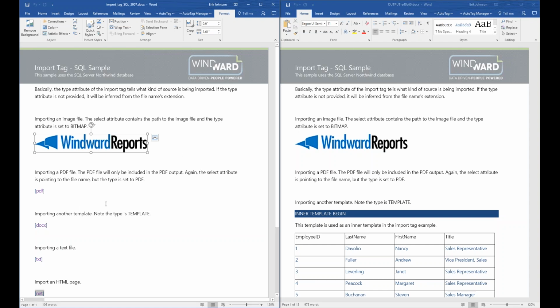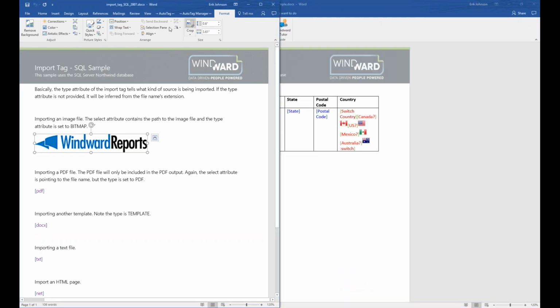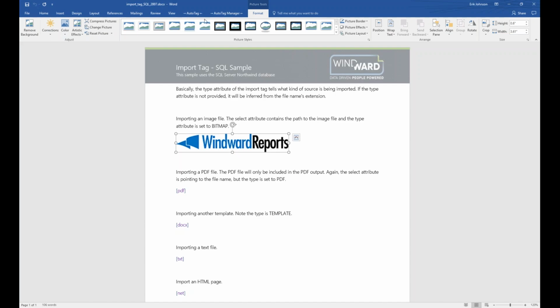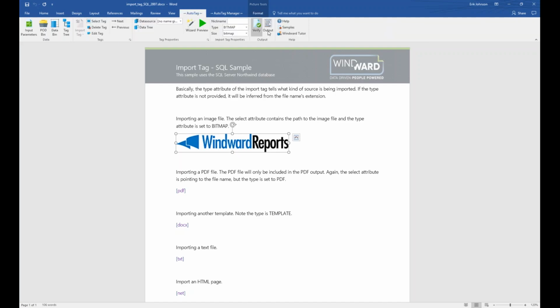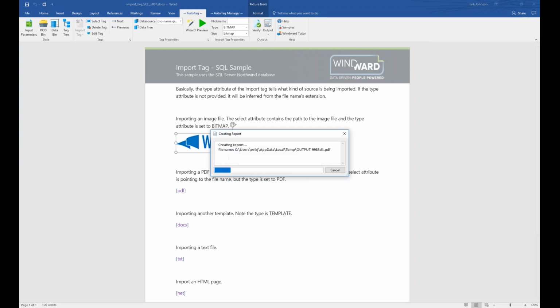You may have noticed that there's no additional content right here for the PDF input. And that's not because there isn't anything to input. The only way you can import PDF is by outputting to PDF. So if we were to output here to PDF instead of docx, what I showed you a moment ago,